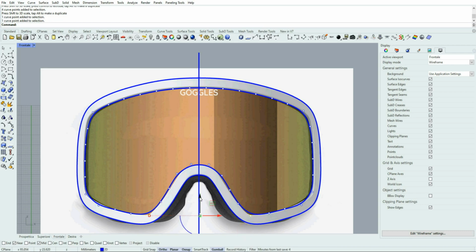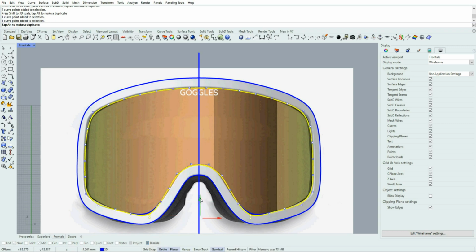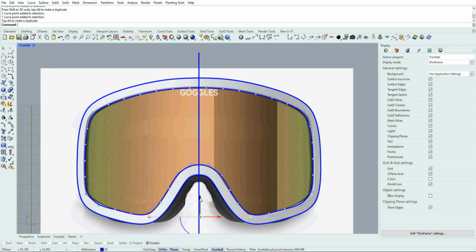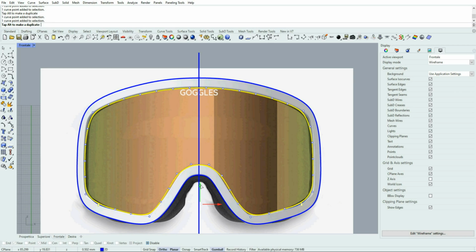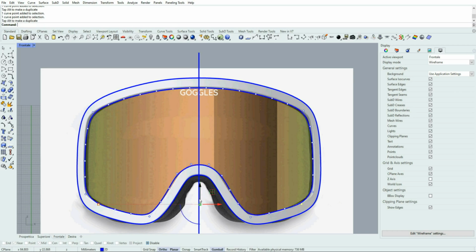So for instance, one on left and the other on right. Otherwise, we will lose symmetry. So just try to figure out which is which, and to move accordingly.